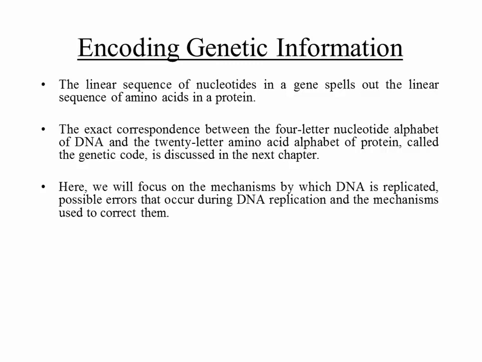The people who discovered these things also got Nobel Prizes, because these are profound things. They have changed the landscape of biology. So in this chapter, we are going to focus on the mechanisms by which DNA is replicated, possible errors that might take place during DNA replication, because if you make mistakes, that can be catastrophic, and the mechanisms that are used to correct them.